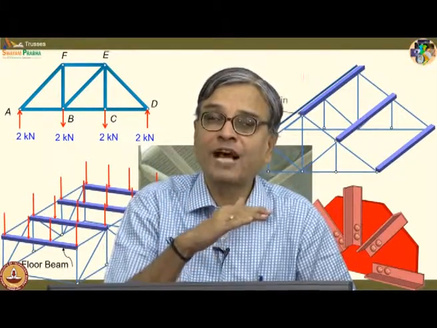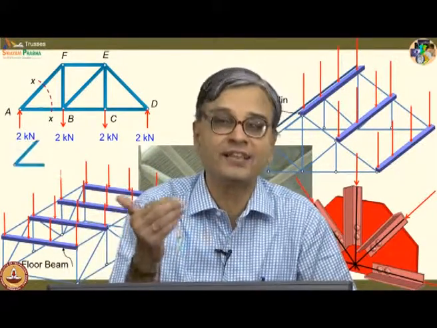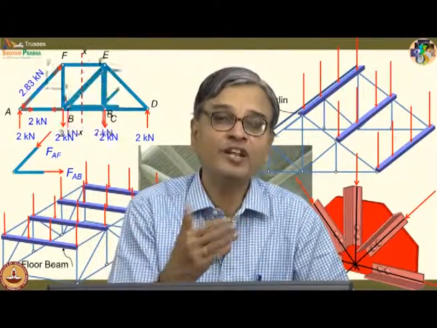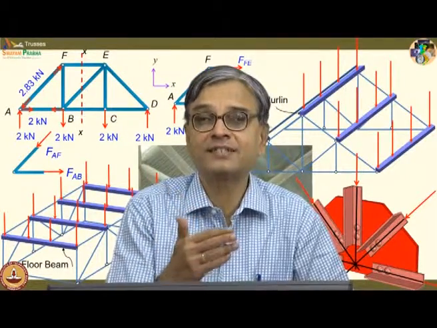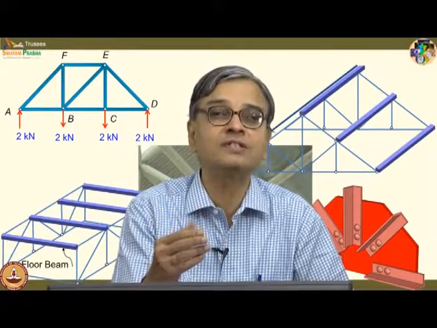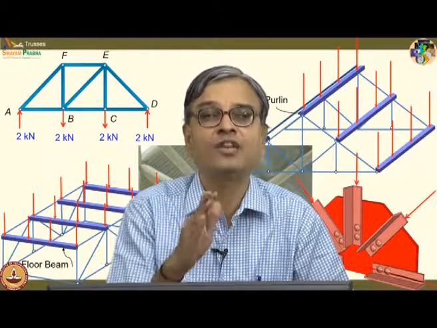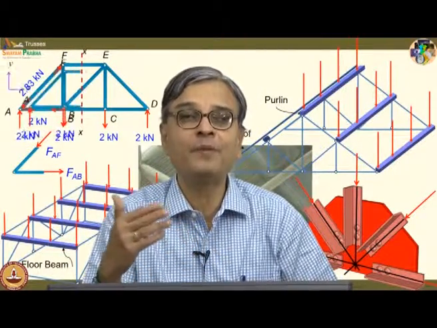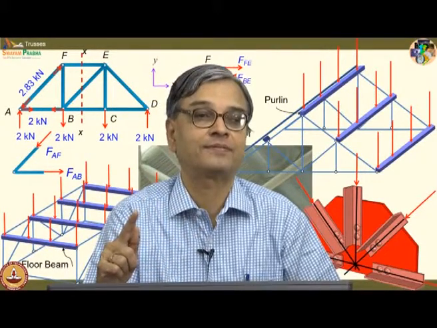When you have a force away from the joint, it is tension. When you have a force towards the joint, it is compression. Interpretation also becomes simpler, and you isolate a joint where you have two unknowns. You also have tricks in special cases. If I have more number of unknowns, a limited number can be handled, not all generic situations, and you have to go consecutively from one joint to another. Once you have determined the forces of a member forming the other joint, you have to put the corrected force and then carry on with it.